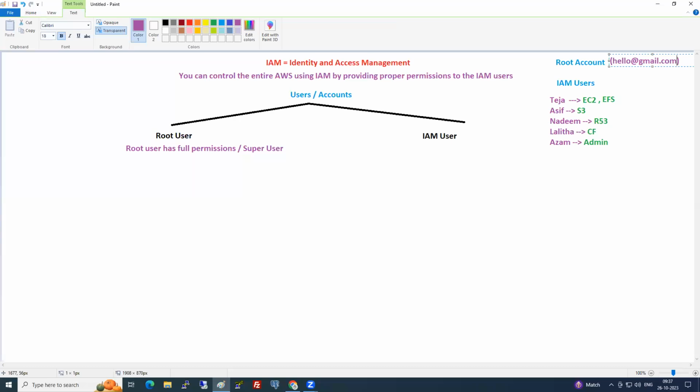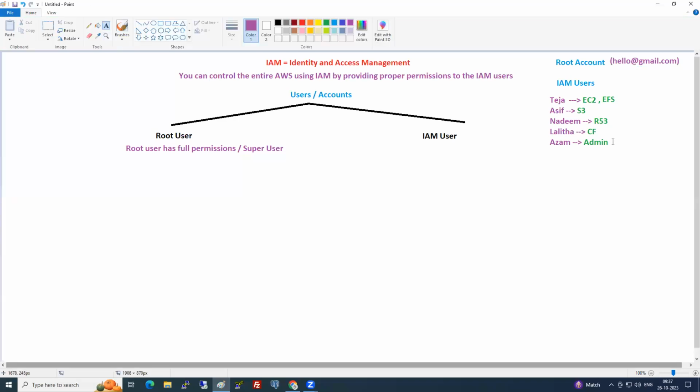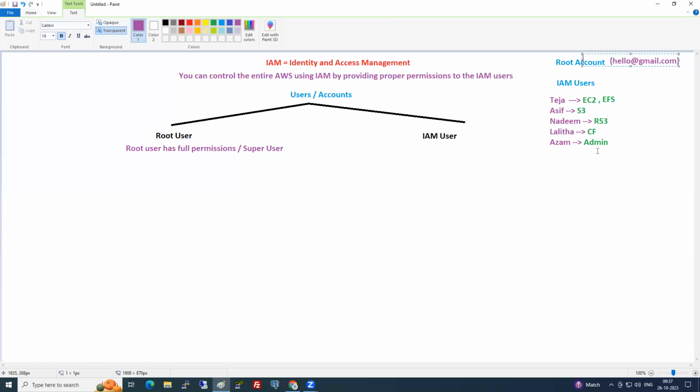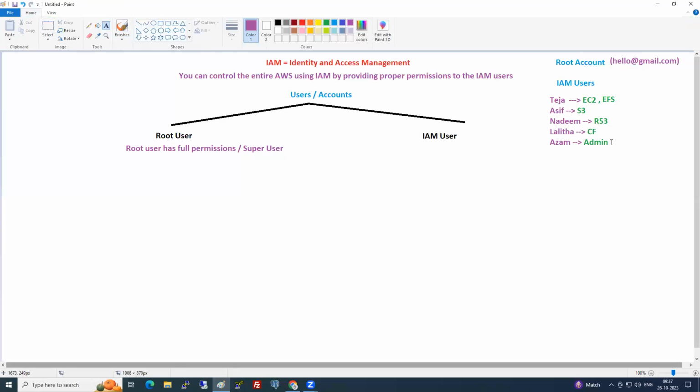Inside that, I'll go and create all the IAM users. And for IAM users, I can give the admin access also. And now you can ask, sir, what is the difference between root user and admin? Both have the same permissions because root user also has full permissions. Admin also has full permission. Then what is the difference? So the main difference is